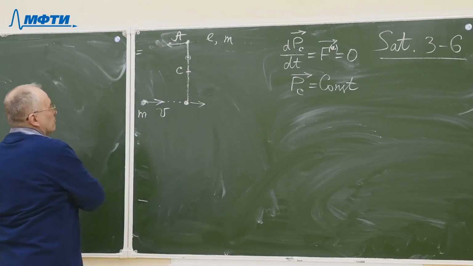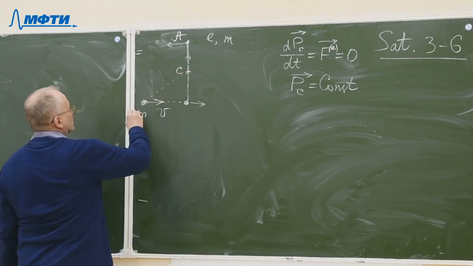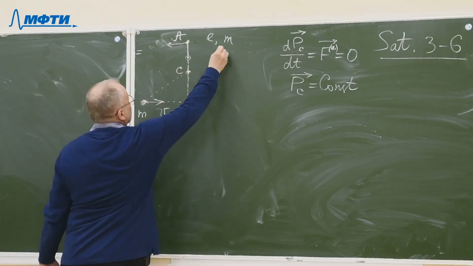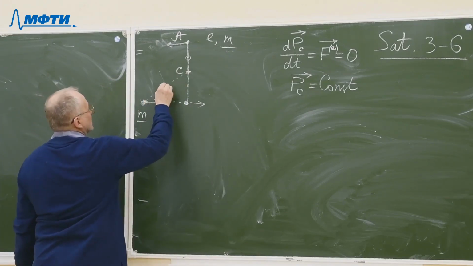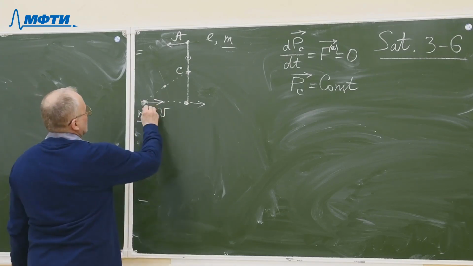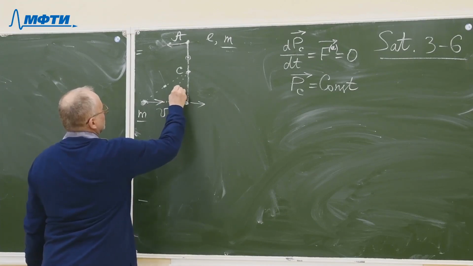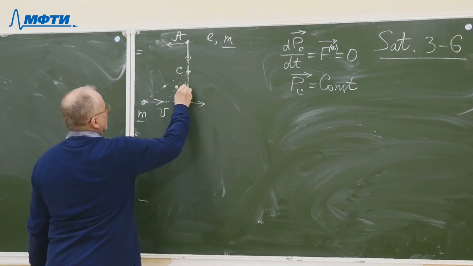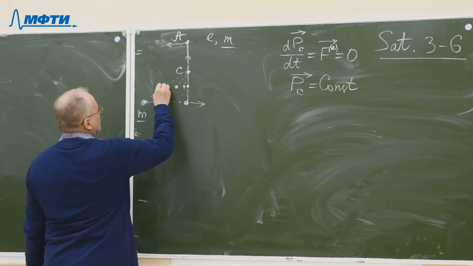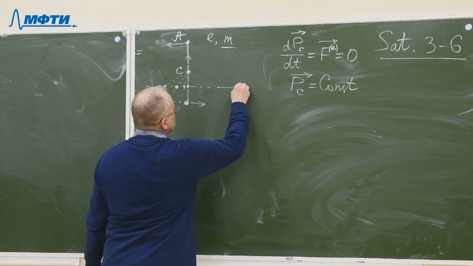So where is the center of mass of the whole system? At this moment of time shown in this picture, the center of mass should be somewhere on the line connecting these two points, and as the masses are equal, the center of mass will be at the center of this section. At some later moment, when this body moves here, the center of mass will be at the center of this section, and then it will be at this point. And then when the body sticks to the rod, the center of mass will be here. So the center of mass moves along this trajectory, and it will continue its motion